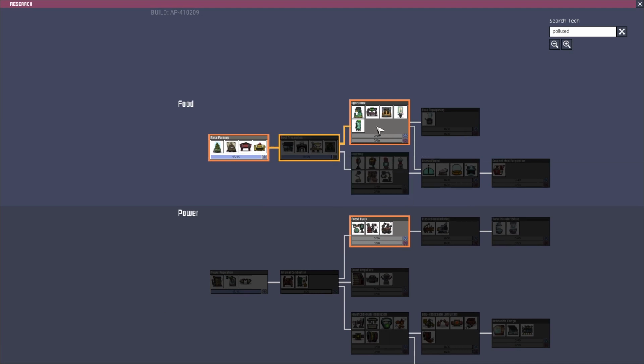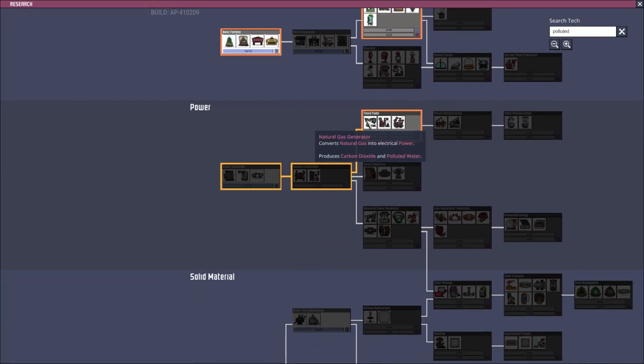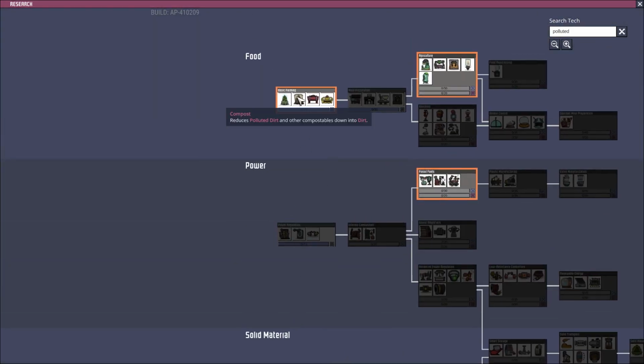But there are things where we can turn polluted things into other things. So I could use polluted water to produce fertilizer. That's handy. Natural gas into power, crude oil. This into that is what I'm seeing here. Actually, the compost itself, polluted dirt into dirt. Okay, that's probably going to solve my problem right there, and we already know how to do that. However,